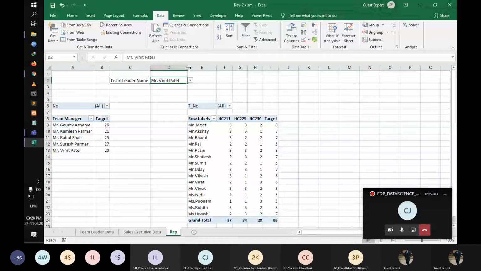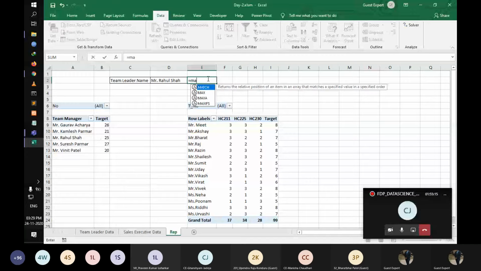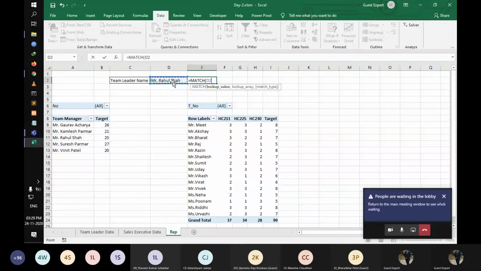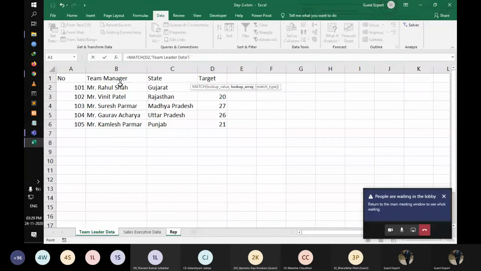Then my task is, if I'm getting the team leaders, I get then the roll number as well as the employee ID. So what I'm doing? First of all, I'm using the match function. I'm taking the match. I'll just look up this value, then comma, then team leader.